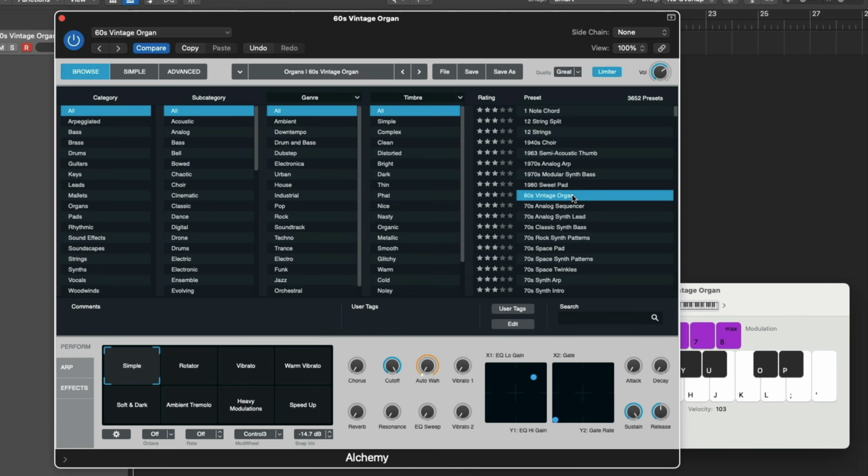And honestly, if you think about it, though it says 3,600 presets right up here in the upper right-hand corner at the time of this video, we also have the Transform pad, which allows you to adjust many different controls across the synth simultaneously. So you can click on any one of these pads to focus on that particular preset, or swing the blue box here in between the 8 pads. So if you think about it, we have 8 pads times 3,600 presets. There's really more like 30,000 presets that come with Alchemy, and that's not even including in between each of the blocks. So if we take a listen,